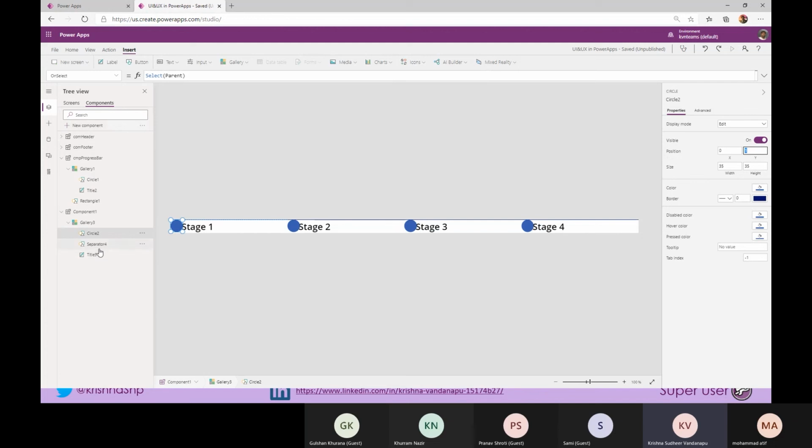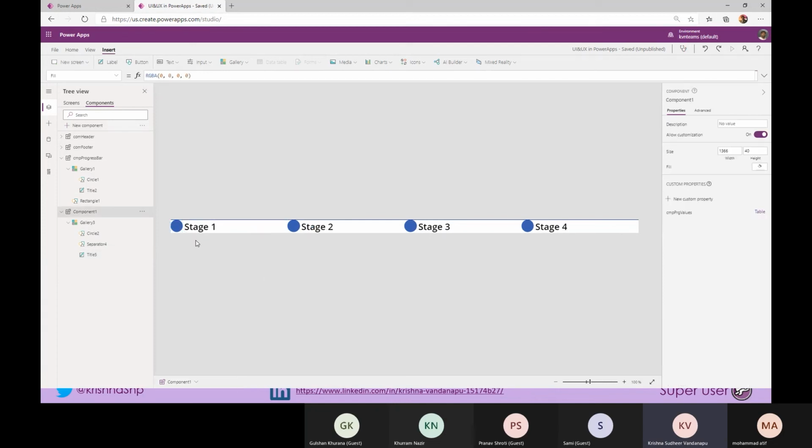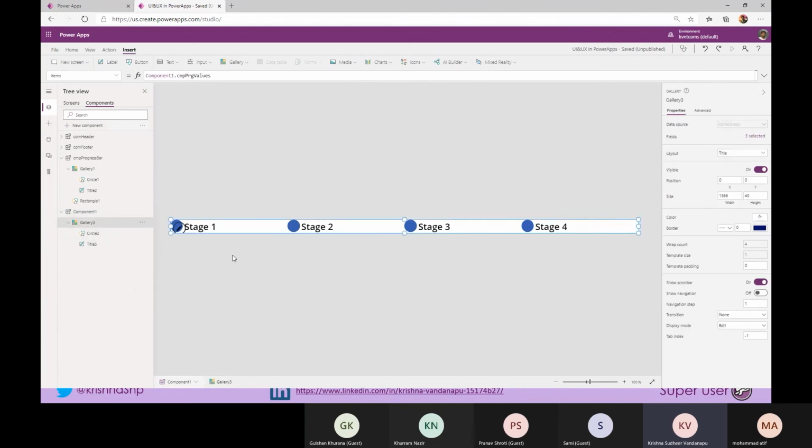The next thing is I am going to place my stage label right next to the circle. So I'm using circle 2 dot X plus, this is called relative positioning. I am saying circle X position plus the circle's width, and then just adding probably 5 pixels so that it will go out. And I don't need the separator, so I'm just pulling this out. Now we are almost ready.